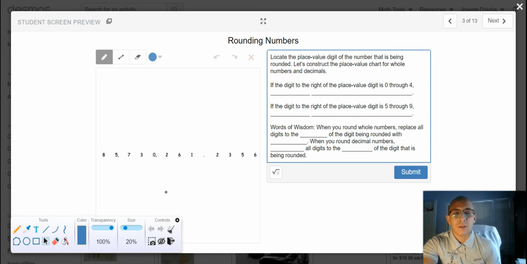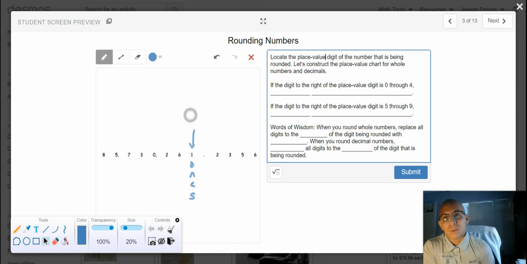Okay. If you've forgotten the place values, fear not. That's kind of the point of this video. I guess I'll use the pen here on Desmos. So first and foremost, this location here is our ones location. Okay. As we proceed in the left direction for numbers, we are applying this times 10